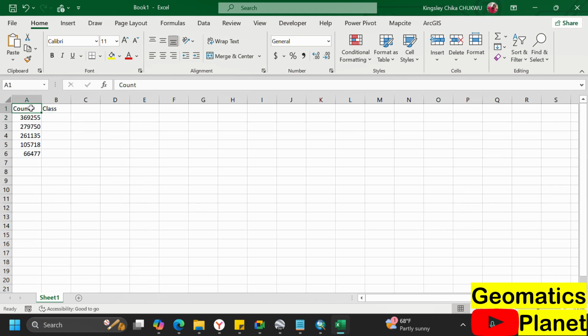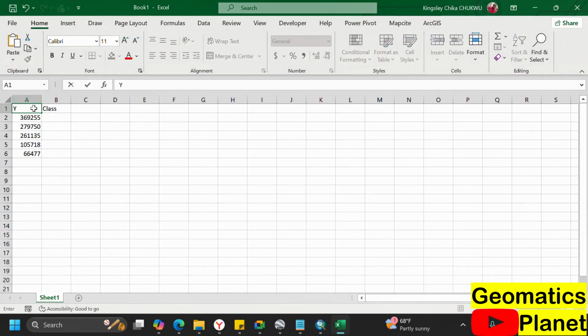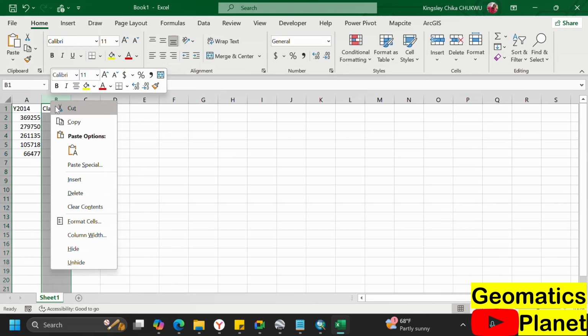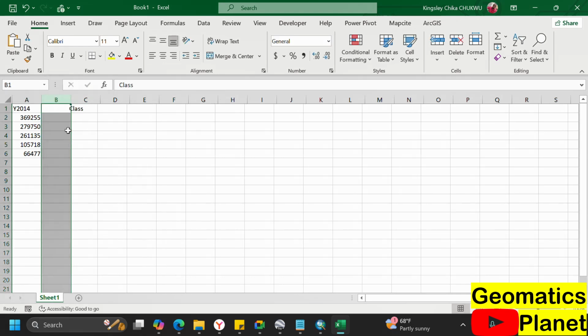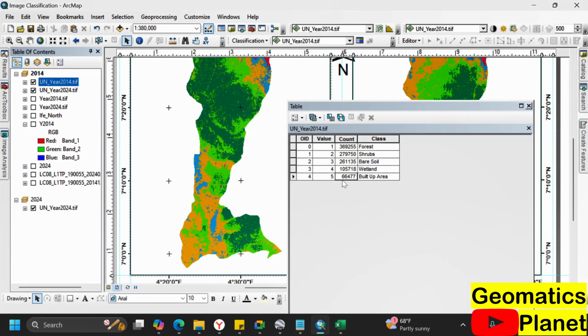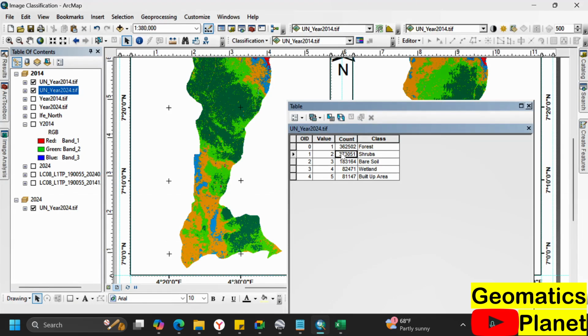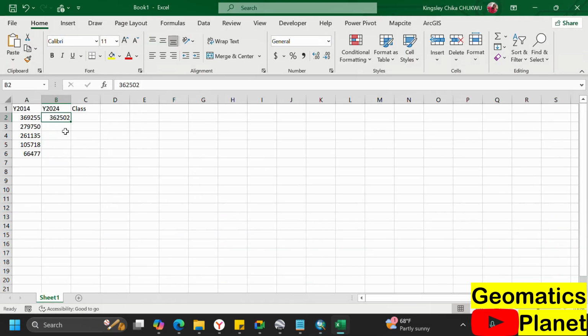So this is year 20 what? This is year 2014. So let me put Y2014 here. Then let me also insert here and put Y2024. So now we go back again here and open 2024, and what we need to copy now is the corresponding value for each of them. We paste it, we copy, we paste it,